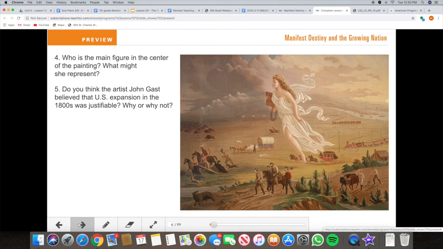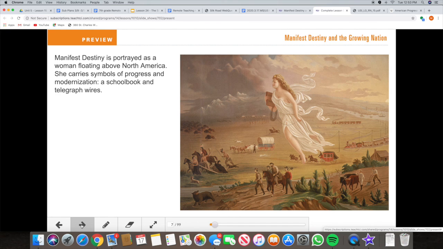Good, we're moving on. We're going to look at the results of this. Manifest Destiny is portrayed as a woman floating above North America. She represents Manifest Destiny. She carries symbols of progress and modernization. She has a school book and telegraph wires, which at that point was like an iPhone or some other new technology. So she's bringing progress to the West with knowledge and modern